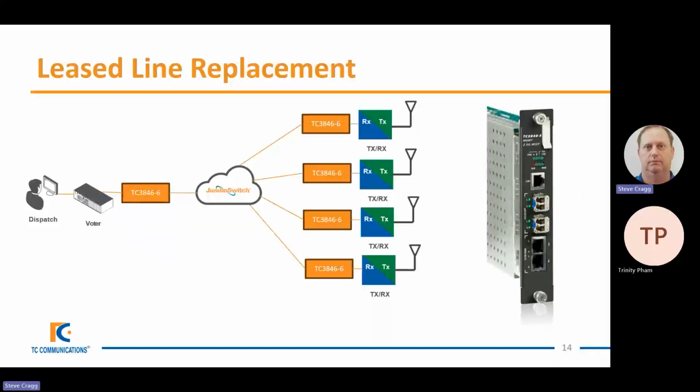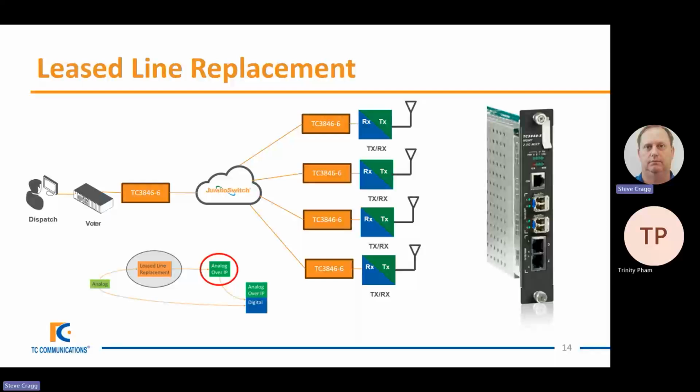So let's go back and actually look at leased line replacement, and not just from the fact that we have a product here that can connect your analog radio without using leased lines as well. What we will see now, and this diagram shows you at this point, analog over IP. This is typically the first stage, as I mentioned before, of transition from analog to digital, and this is conversion of all of your analog channels to being able to operate over an IP network.